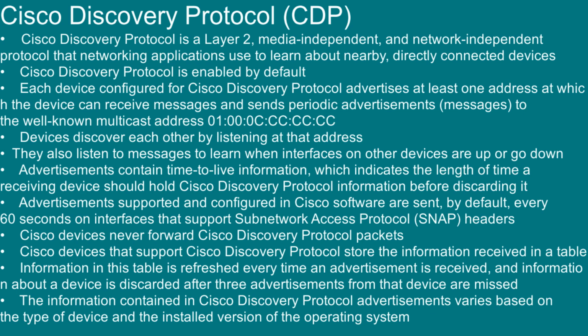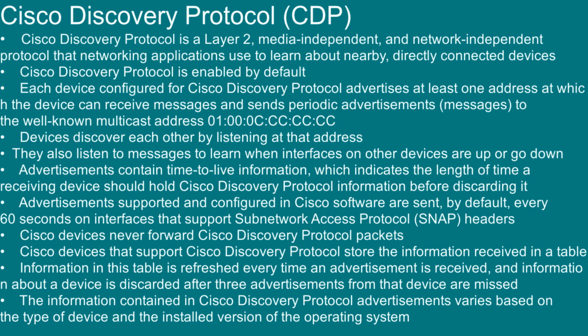Each device configured for Cisco Discovery Protocol advertises at least one address at which the device can receive messages and sends periodic messages to the well-known multicast address. Devices discover each other by listening at that address. They also listen to messages to learn when interfaces on other devices are up or go down. Advertisements contain time-to-live information, which indicates the length of time a receiving device should hold Cisco Discovery Protocol information before